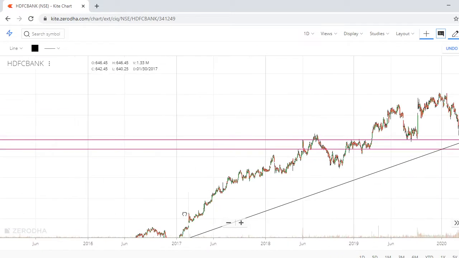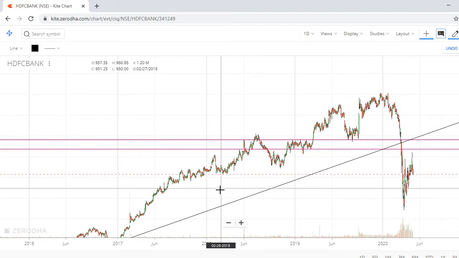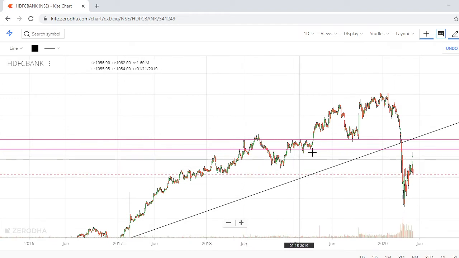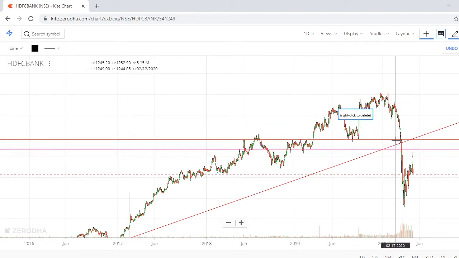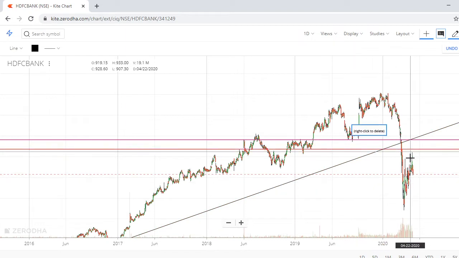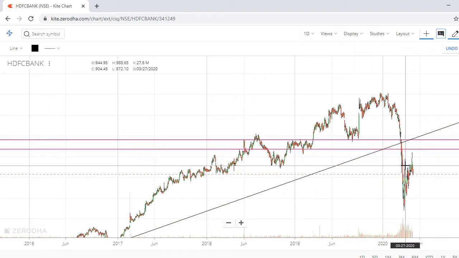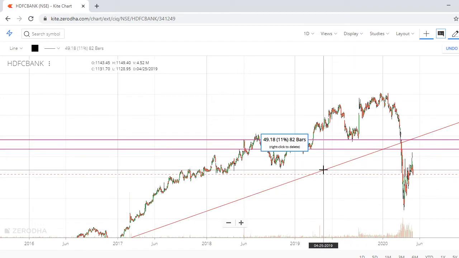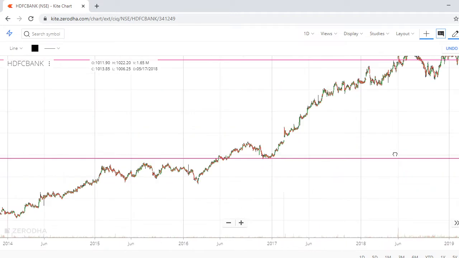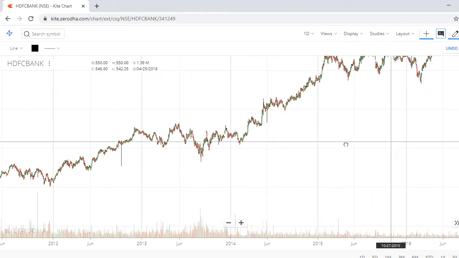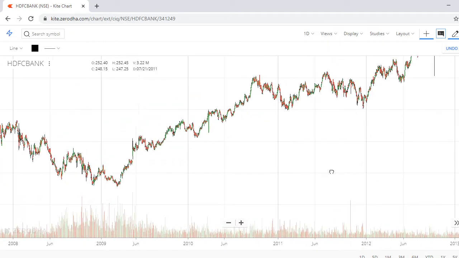Okay, now coming to the present chart, as long as it is continuing, it is there, but once this is broken, the fall is there, because now every stock is falling, so that's why you can see this. If you want to see trend lines in a better way, go back to 4-5 years back charts.